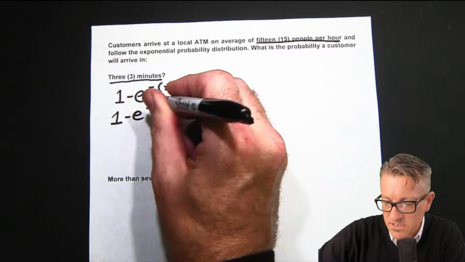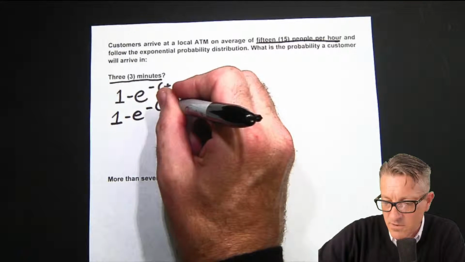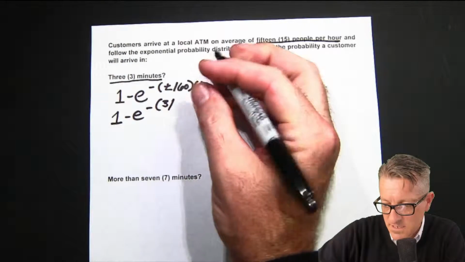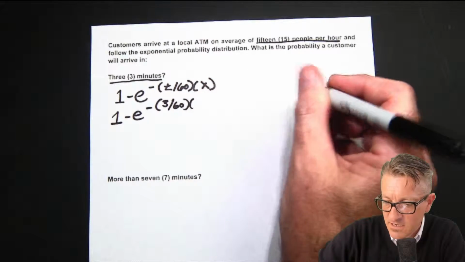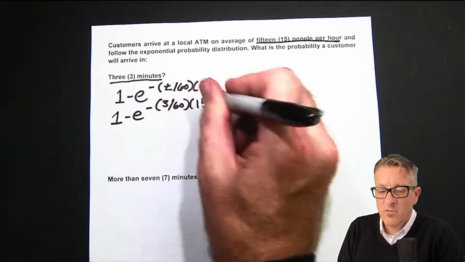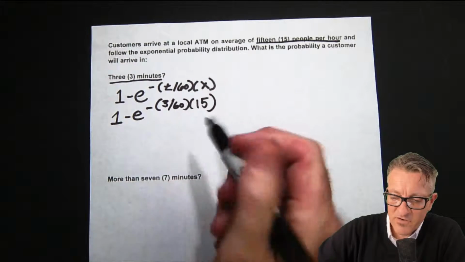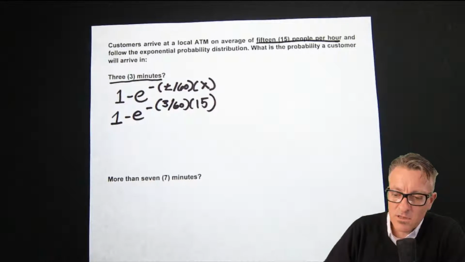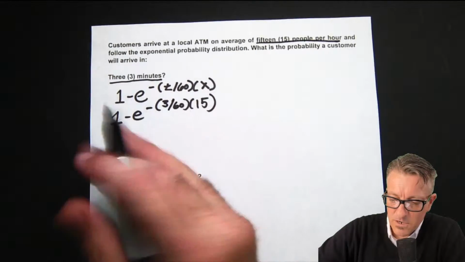So 3 minutes, and this is nice because we don't have to convert anything up front. And then 60 seconds, that's for that conversion. And then 15 is our lambda. So in the past, when I was teaching the exponential probability distribution, I'd convert the lambda into something, and they'd say, where did you get that number? Well, in this case, I think it kind of makes sense a little bit, and I'll show you why.